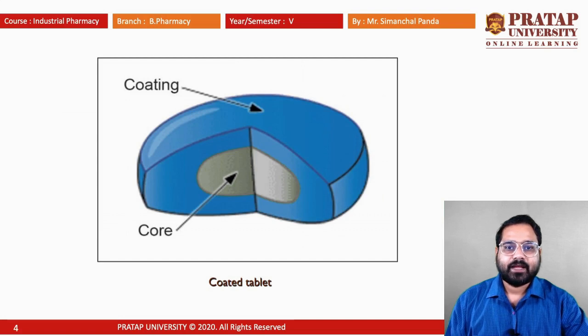The coating of the tablet generally has two materials. We can see inside the tablet the active ingredient along with the excipient, which is known as the core material. In the normal way we can say that anything that has to be coated is known as core material, and the material which will enhance the characteristics, such as organoleptic changes, to mask the taste and to give color, is known as the coating. So it has two parts: one is the core material, and the second is the coating material.